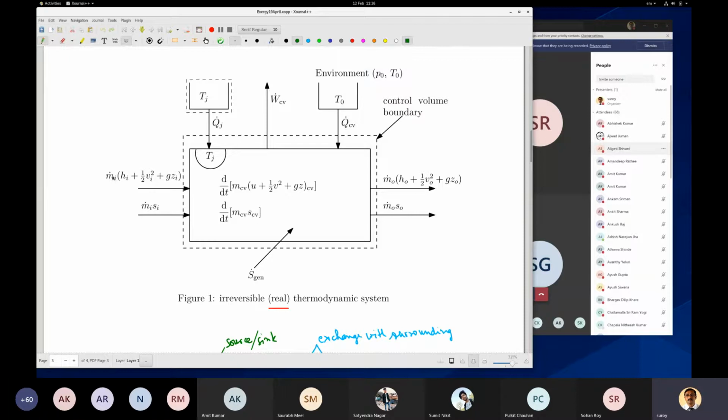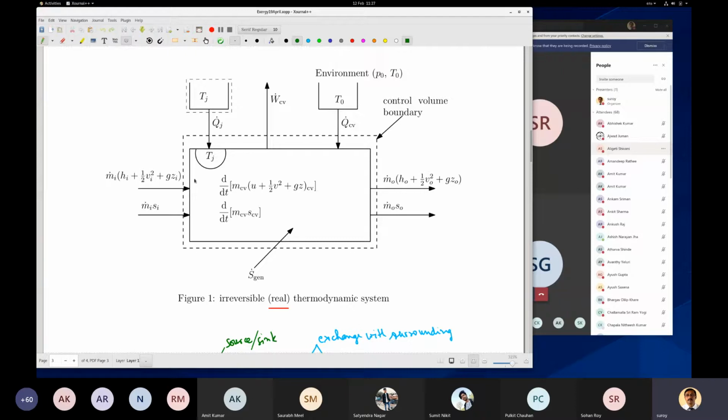mass flow m dot i. Right? You must note that here I am using U, internal energy, while here I am using enthalpy. I have told many times we are using enthalpy here because this H is basically U plus PV. So U is the internal energy coming in and PV is the flow work. So this is because of the internal energy plus flow work. That is why we've written H here, but U here. Similarly, here also we are using H.